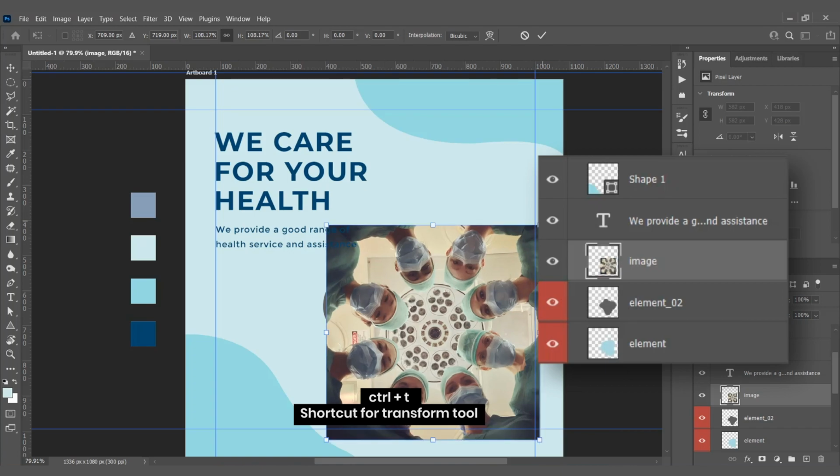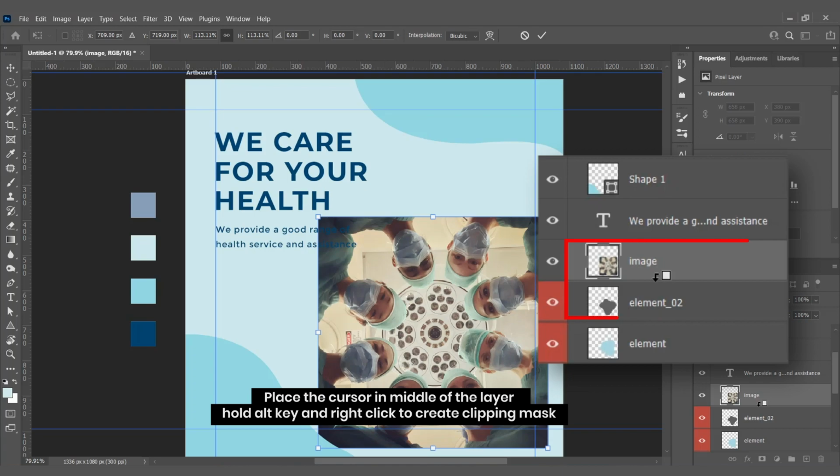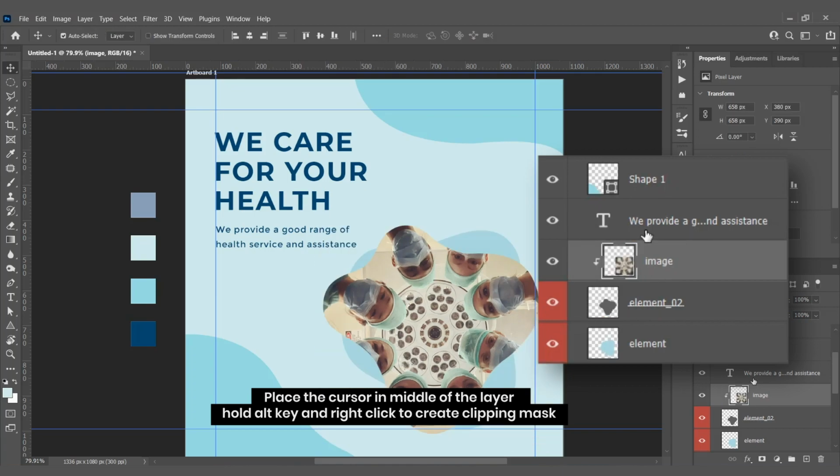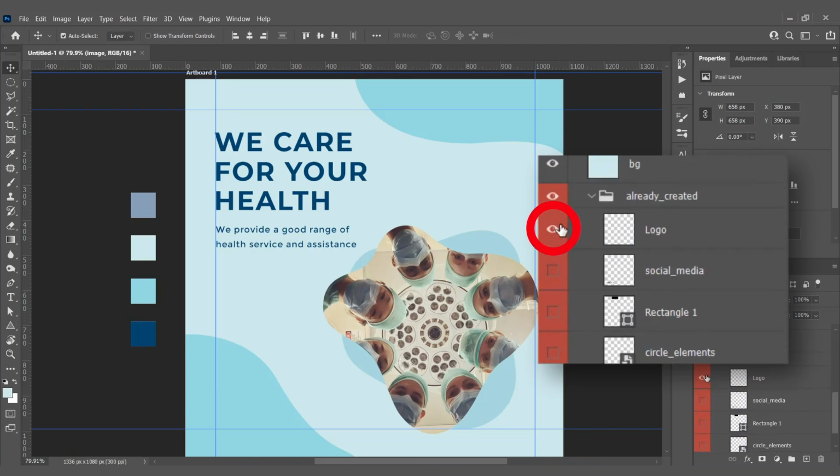Keep the image layer on top of the shape layer and add clipping mask to it. It can be done by placing the cursor in between the two layers and then hold Alt key and left click the mouse. Now I'm turning on the logo layer